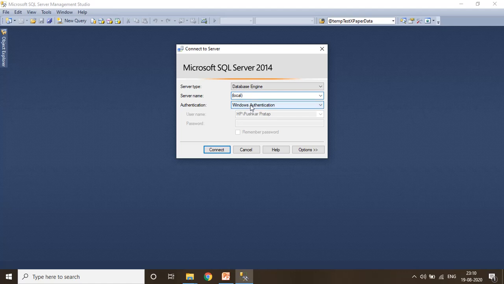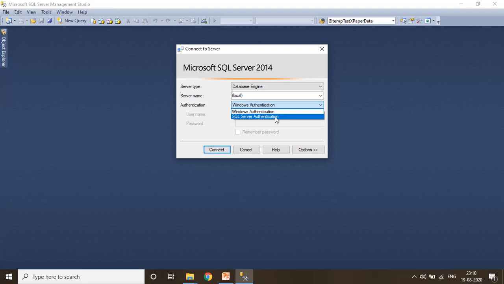The next important decision we have to make is how we want to connect to the database server. Do you want to use Windows authentication or SQL Server authentication? The option available for you to connect depends on how you configured SQL Server during installation. Basically there are two options while installing your server: Windows authentication mode and mixed mode authentication. If you choose mixed mode, both of these options will be enabled.